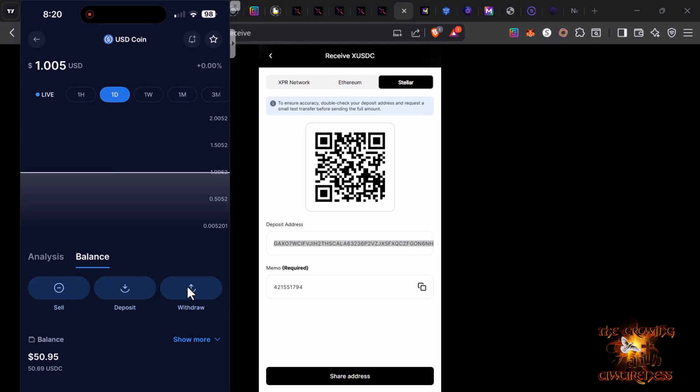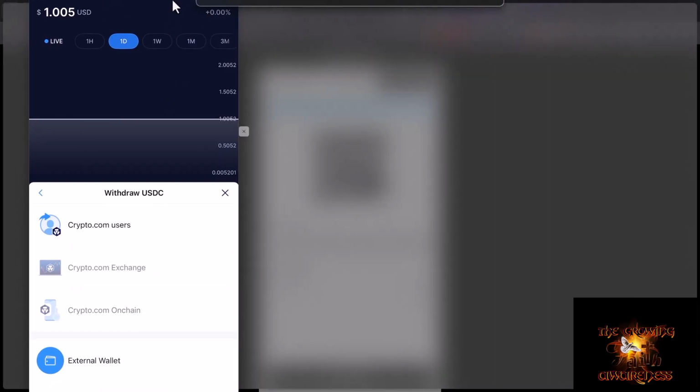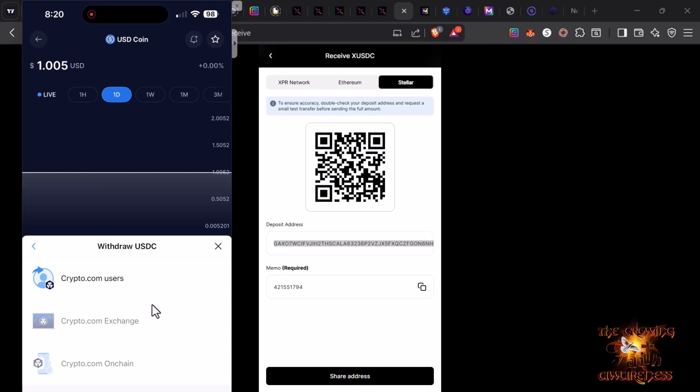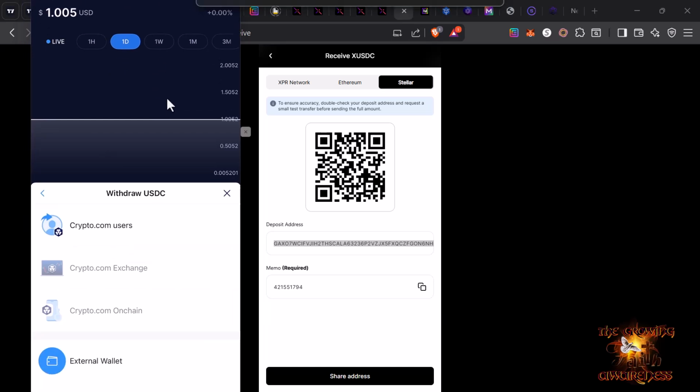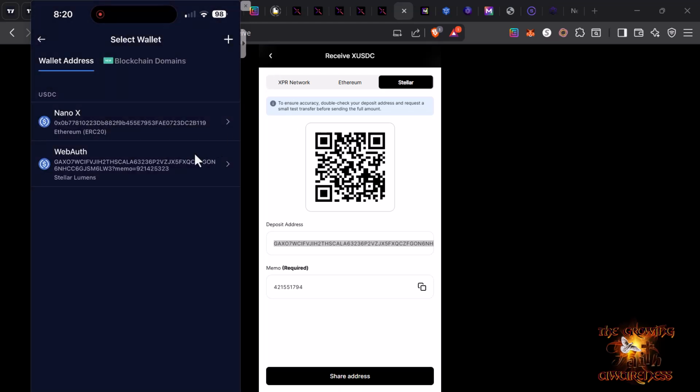So I hit the withdraw button here, and let me bring this up a little bit so you can see. I want to hit that external wallet, which is off the screen. External wallet, you can see it there, but I'm going to click on external wallet, and I've already got my public address right here,